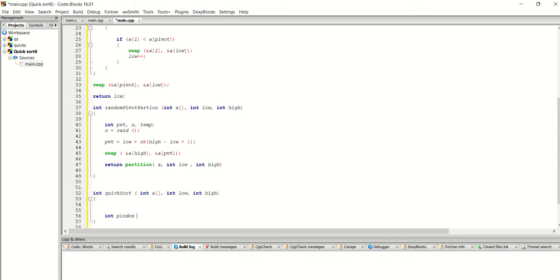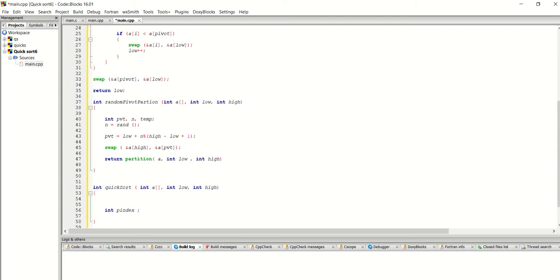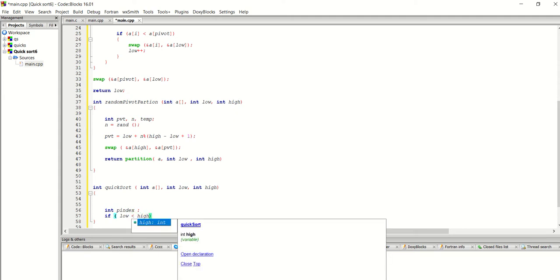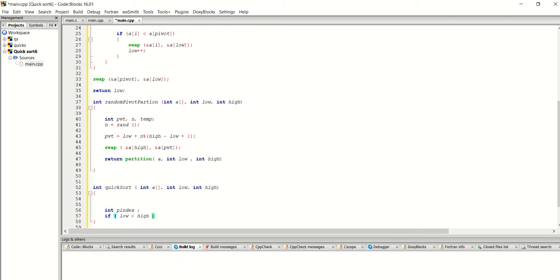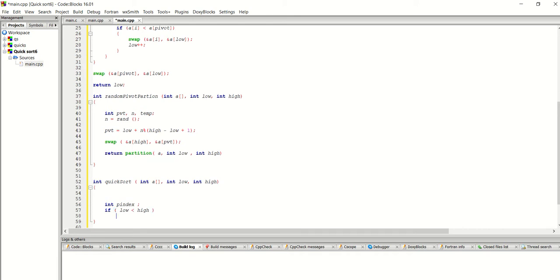Okay, so this is the p index, that's the pivot index. We bring an if statement, a condition that when the least value, which is low, is less than the highest value, which is high,